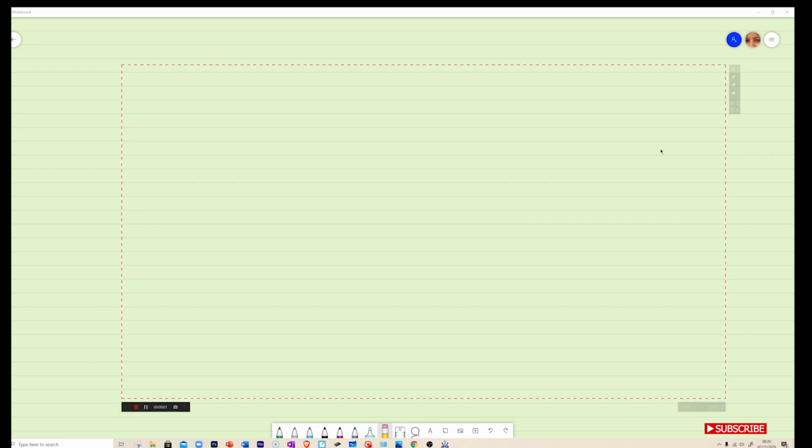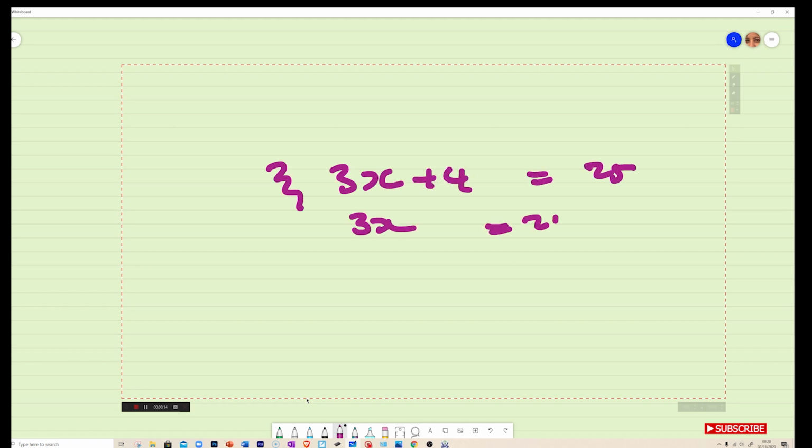I'm not going to spend much time here. I've got my tools from my whiteboard, so I can use these pens, etc. So 3x plus 4 equals 25, 3x equals 21, x equals 7. So all this other stuff is here. If you want to know how to use the Microsoft Whiteboard, please see the video in the description. The link is there. Now I'm going to show you how to use this little tool up here, which is